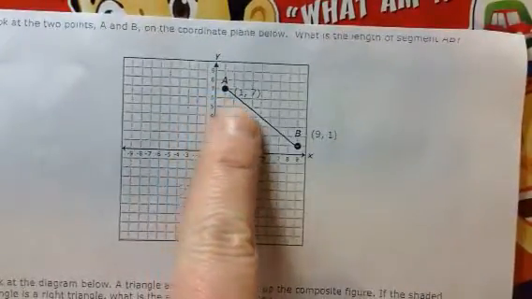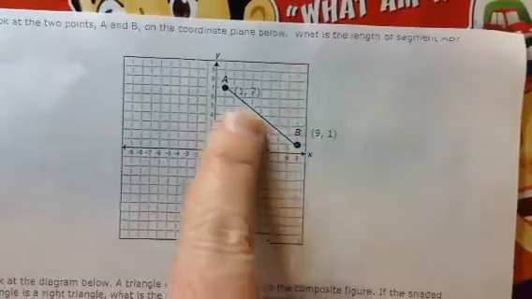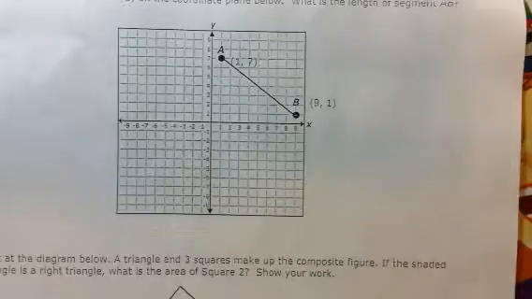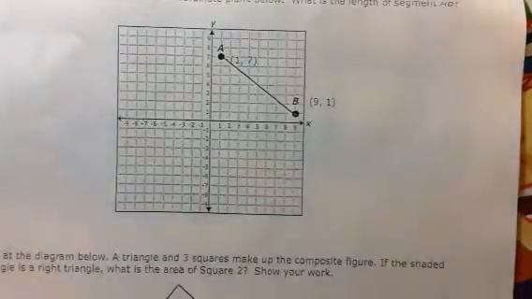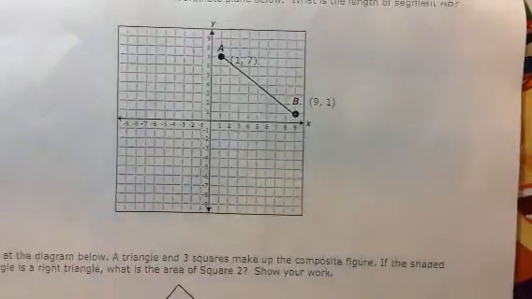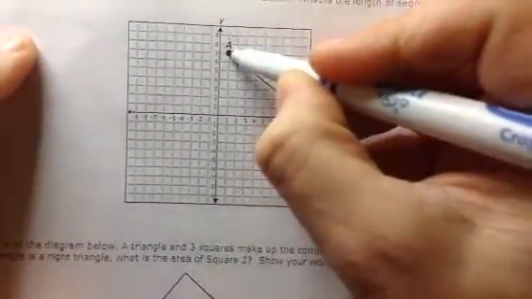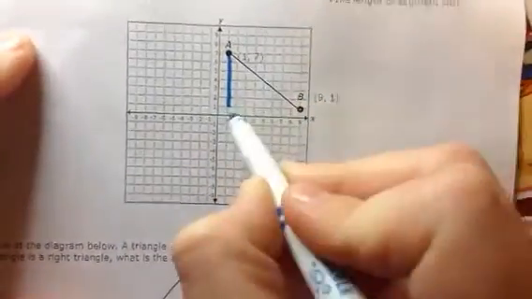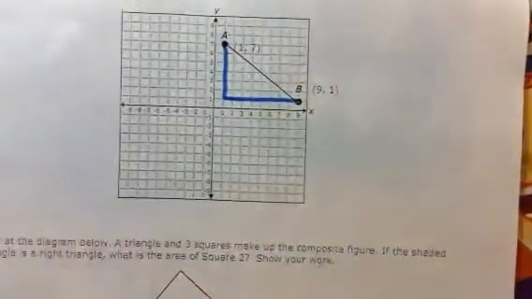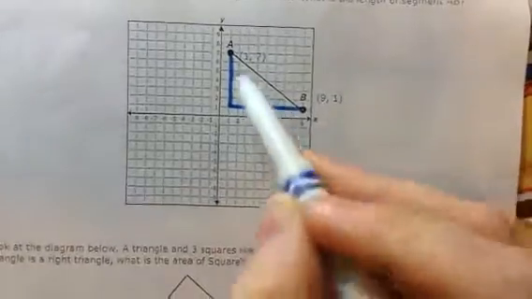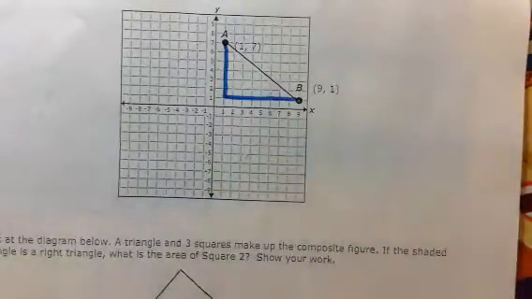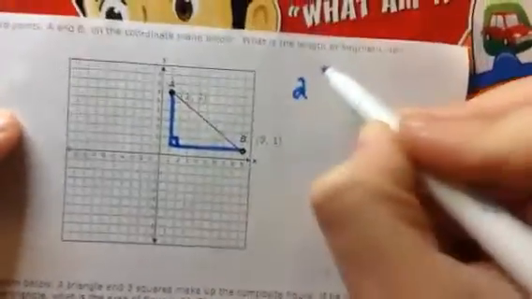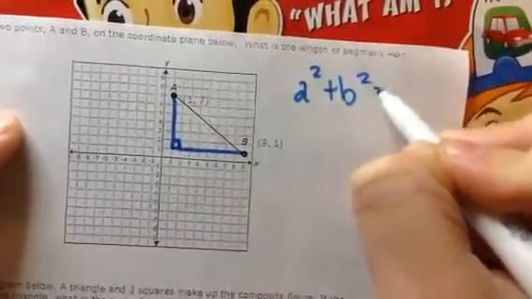I cannot count through these diagonals because it doesn't even go perfectly through the diagonals, and you can't count the diagonals anyways. Okay, so whenever they do this to you on a coordinate plane, you are going to make a right triangle. So bring this side straight down and straight over so that we can count the length of these sides and use the Pythagorean Theorem. Okay, so since it's a right triangle, I can use a squared plus b squared equals c